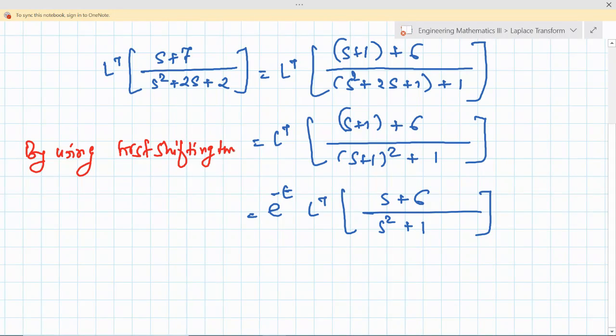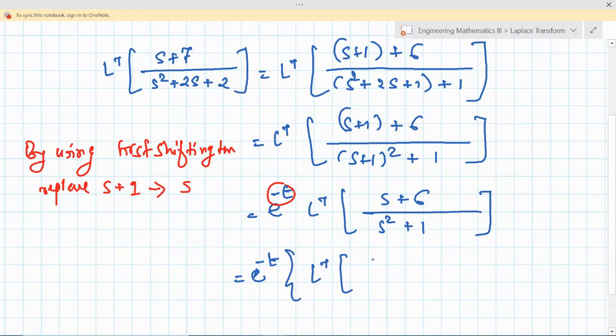Okay, so first shifting theorem we have used, replace s plus 1 by s and shift that 1 in the power of e, like this. Okay, and now separate this term. This is e raised to minus t inverse Laplace of s upon s square plus 1 plus 6